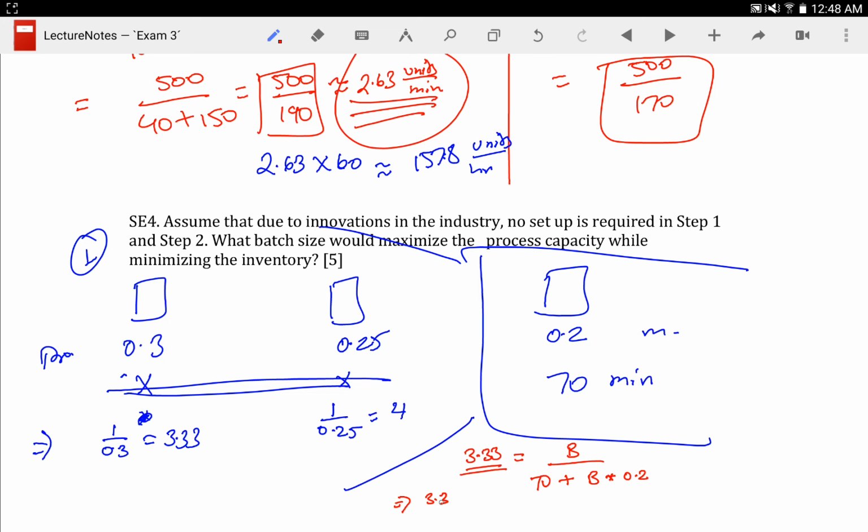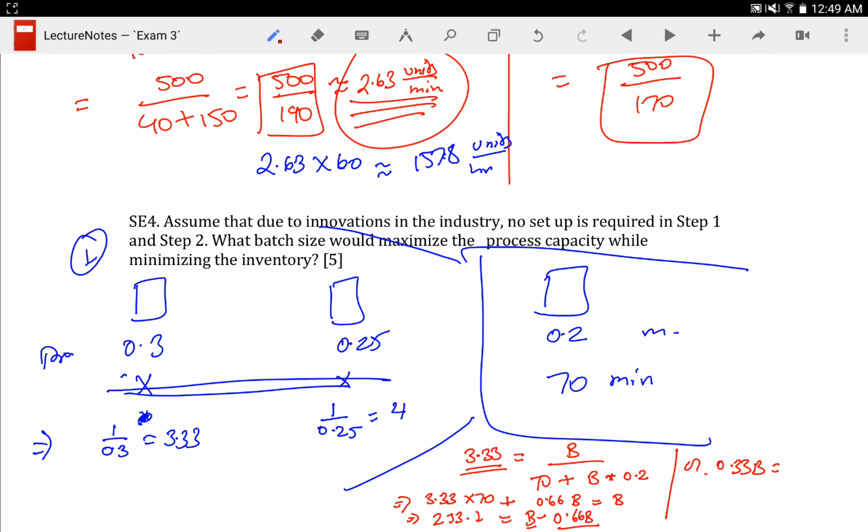Well, you can solve this. 3.33 times 70 plus 3.33 times 0.2 is 0.66, B equals to B. Then you can solve for this. 3.33 times 70 is approximately about 233, plus 0.66B. So B minus 0.66B is